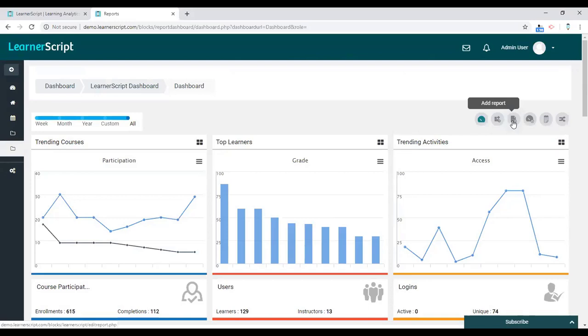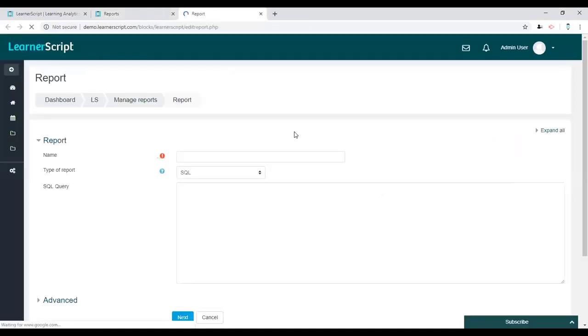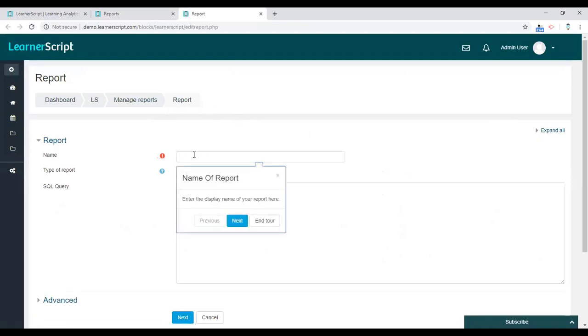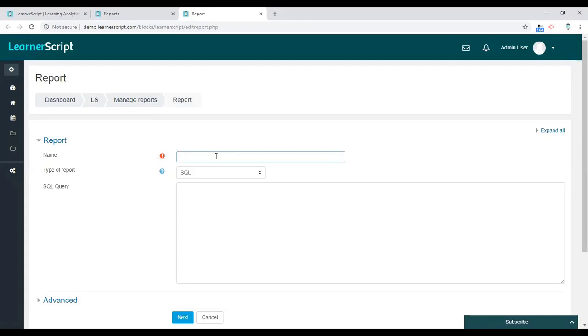And here we have a link to add report. When you click on add report, it will take you to the form where you can add a new report. Let me just show you how to add a report, how to design a report, and how to add that report to the dashboard. Okay. So I'll just give a name for the report, like course report,